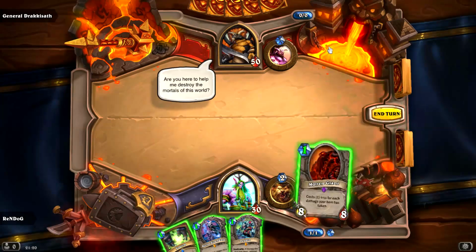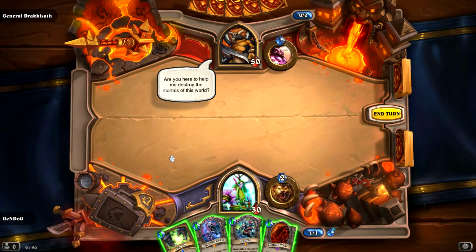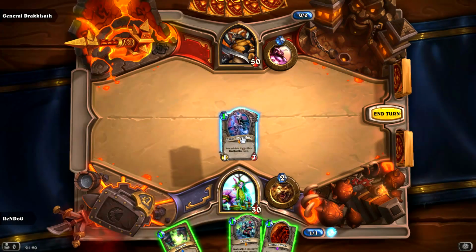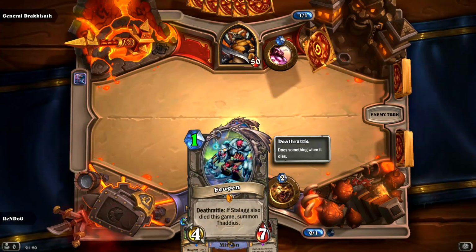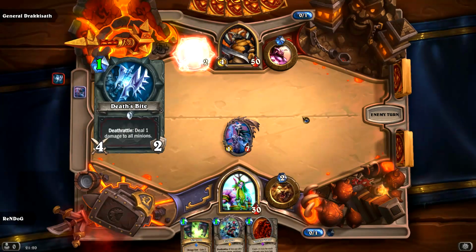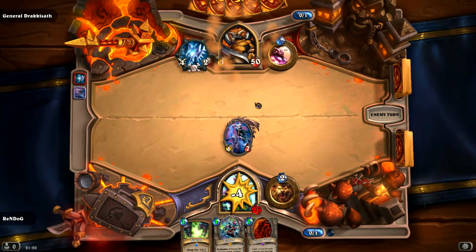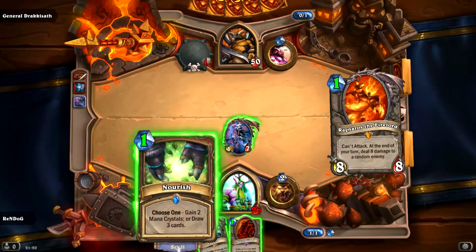Alright, well, good luck to you, sir. A 1-mana Molten Giant? Don't mind if I do. Alright, I think we probably start with old Baron Rivendare. Yeah, let's bust out a Baron Rivendare, send the turn back. Play Feugen next turn. He's coming straight to the face with an equipment. That's fine. Because we can actually...